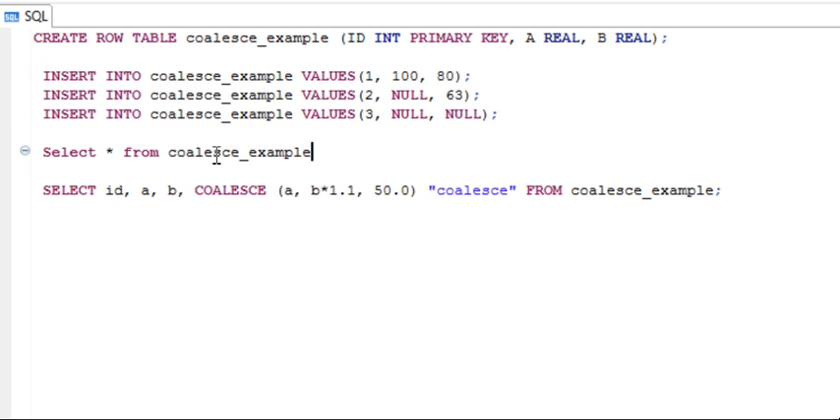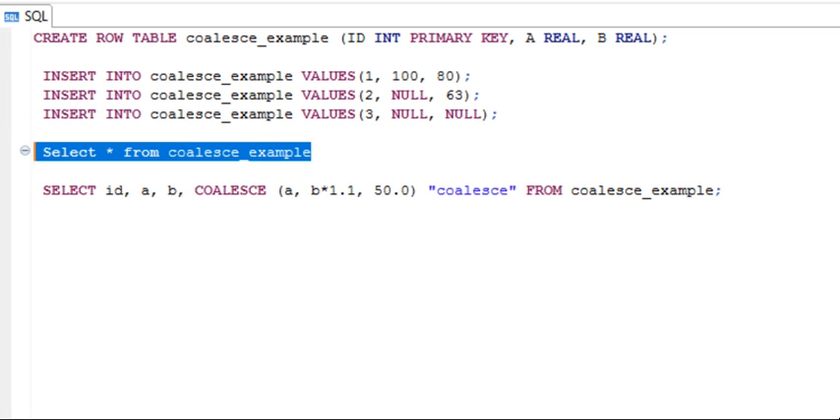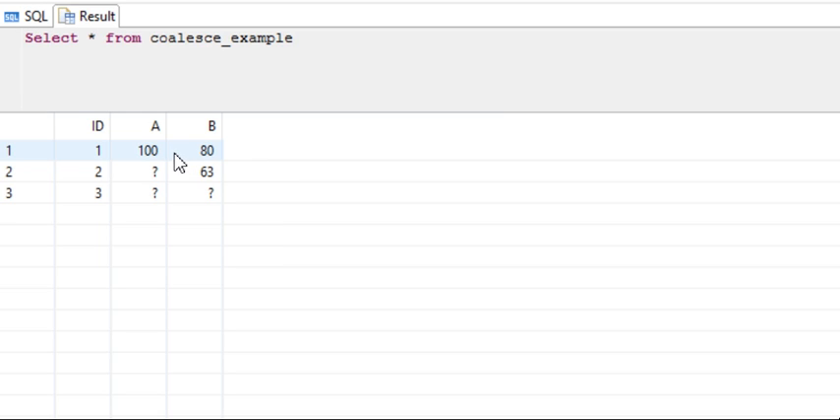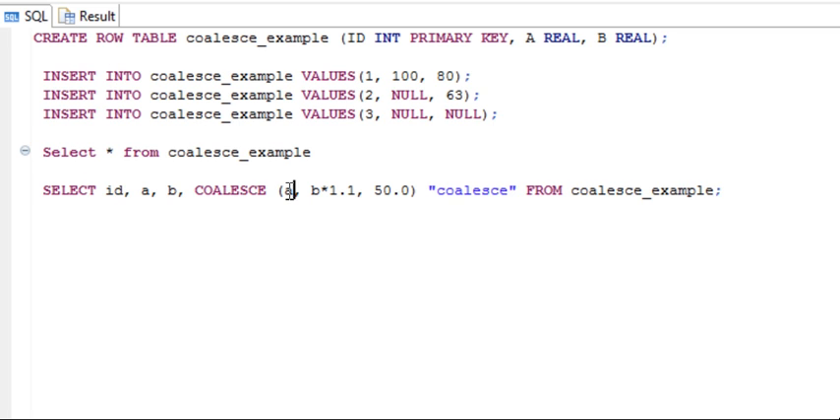So it has been inserted. Now let me check the data. So you can see this data has been inserted into this table. Now coming to the function. So you can see that I have used this function Coalesce with values a, and b multiplied with 1.1, and 50. So let me just execute this,